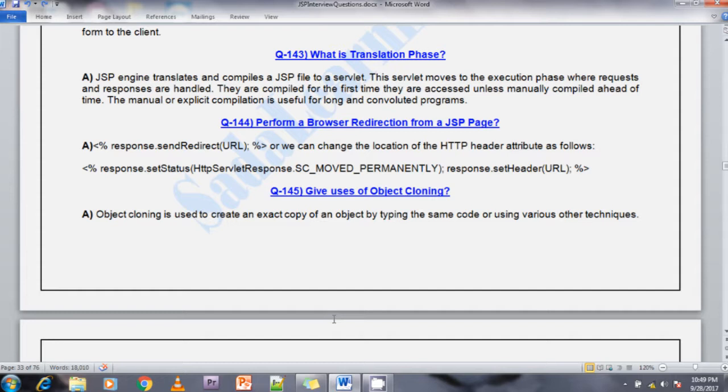The next question is: perform a browser redirection from a JSP page. If you want to redirect the request from one JSP to another JSP page, or one JSP to a servlet, or one JSP to static HTML, we can use response.sendRedirect. You can use the URL or we can change the location of the HTTP attribute. There are two ways you can perform browser redirection from a JSP page. You can use the sendRedirect method. You can give the URL and it automatically redirects the page,